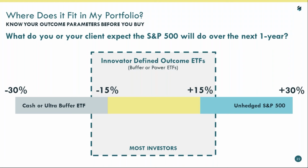If you have very bearish clients, if you've got clients that are worried about another 2008, well, that's where our ultra buffer can make a lot of sense. If the market were down 28 or 38% as it was in 2008, you know that you've got a 30% buffer. And so in that instance, you would just be down 8% while the market was down 30%. If we go to the next slide,